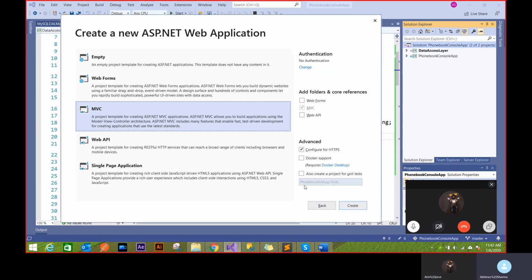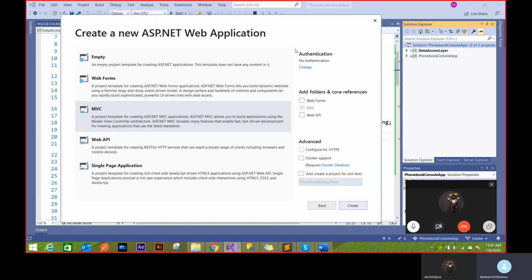And so these are the advanced features. See, unit test projects, Docker support, HTTPS. It's not important to really know everything here, but maybe after this project, after I've shown you everything, then I can go quickly with these things, because Docker is altogether a whole new zone, and unit testing is again on a different level. It's a whole new session altogether. So we just focus on that.